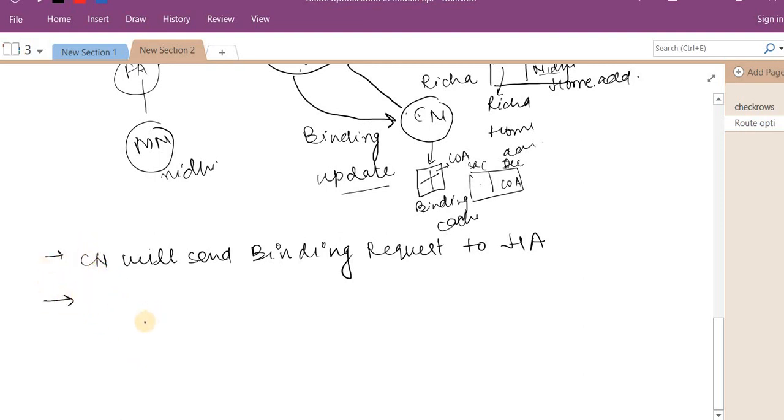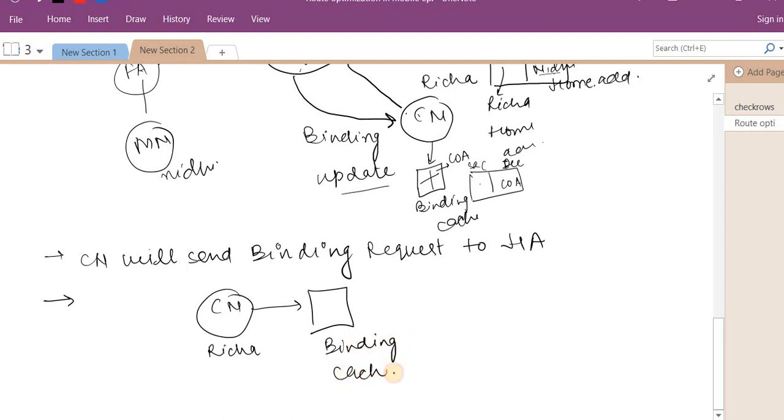So after getting the care of address, the corresponding node, which is acting as Richa, will update its binding cache. Now the point is, because it is a cache and cache is a temporary type of storage, it has to store the contents for a temporary time.